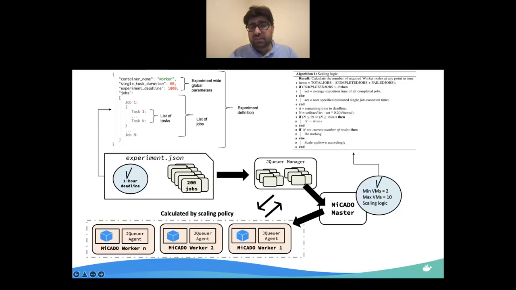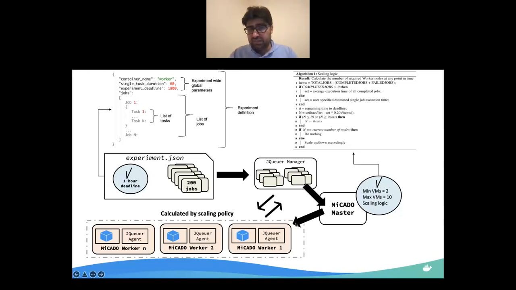So this experiment will be provided to the JQuery manager component, which will be run in itself by MiCADO masters. And once the MiCADO master receives this experiment file, based on the deadline and initially based on the estimated job duration time, it will calculate based on a user-provided deadline policy.